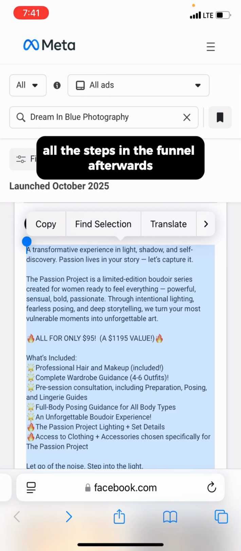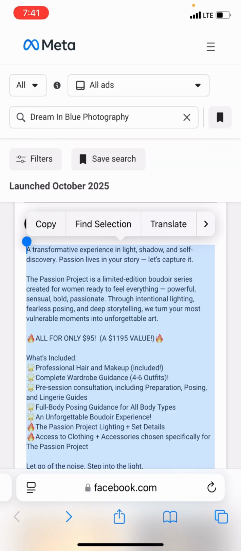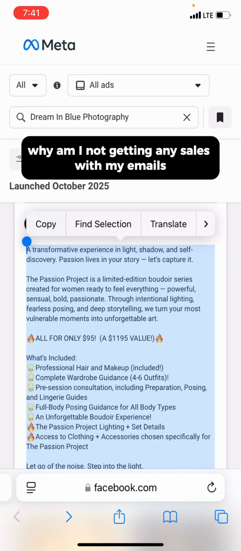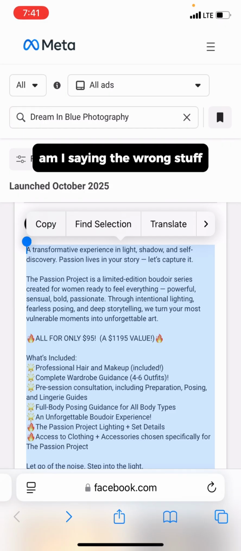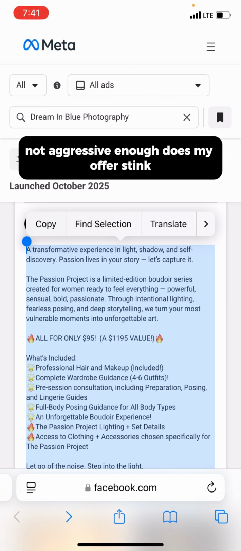So we're getting the $1, $1.50, $2.50 leads, filling up our email list with non-buyers, which screws up the rest of our business, all the steps in the funnel afterwards, because we're wondering, man, why am I not getting any sales with my emails, my texts, my calls? Am I saying the wrong stuff? Did I call them too early, too late? Was I too aggressive, not aggressive enough? Does my offer stink? And guess what? No matter what you do,